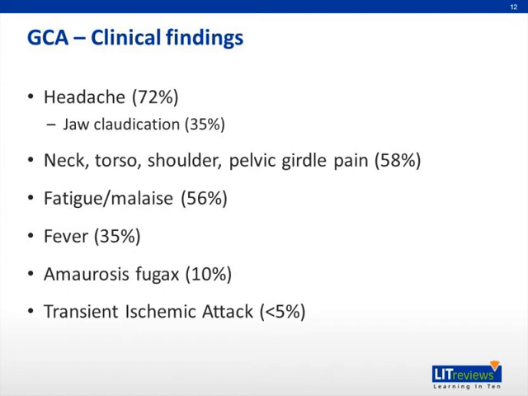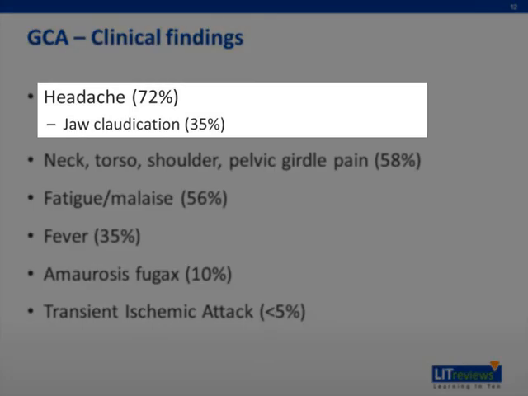Clinical findings are the key to making the diagnosis of GCA. The vast majority of patients present with a headache, which is often in the temporal region and can include tenderness of the scalp. Headache, however, can be nonspecific. Pain with chewing or jaw claudication, which is tiredness of the jaw with chewing, as well as diplopia, or double vision, tend to be the most predictive features from the patient history.